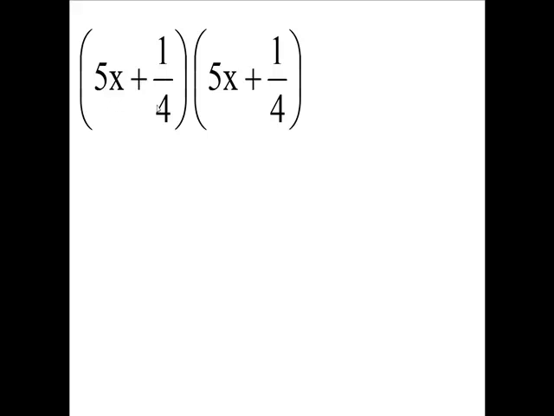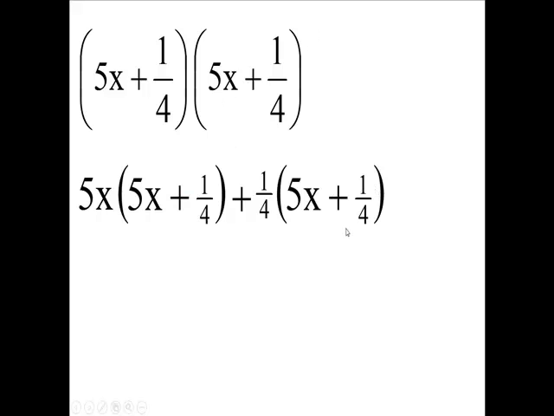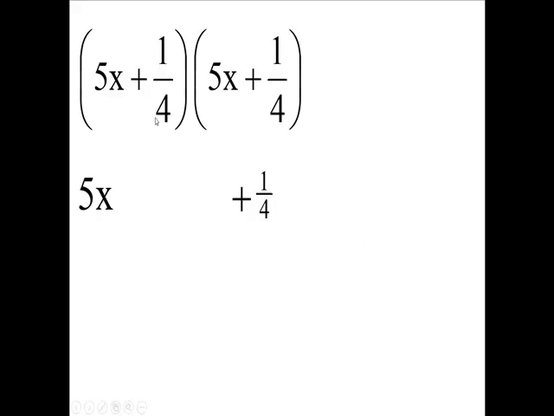5x plus 1/4 written twice, and we're multiplying. So I'm going to take my 5x and my 1/4. These first two terms, separate them because we're going to put this parentheses, this whole parentheses goes here and here. All right? So we separated these two terms, and we copied this thing right here and also again after the